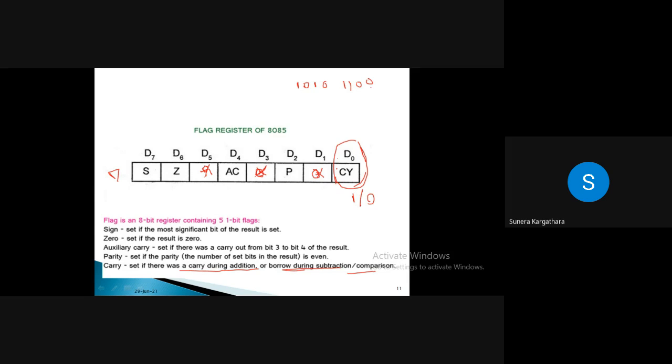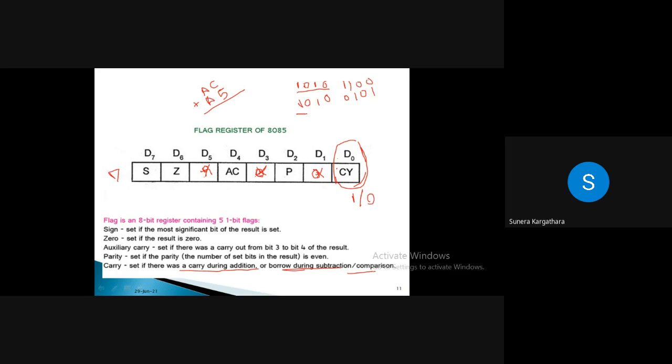Okay, so now we are taking one example. We want to check how carry is generated and where we can find its equivalent bit. Suppose this is my number: binary 1010 is A, yes or no? And 1100 is C. 1010 again is A, and 0101 is 5. I want to add these two numbers and check my result.